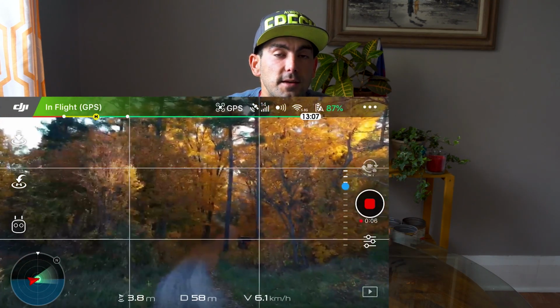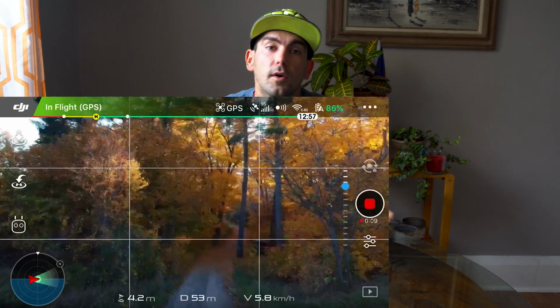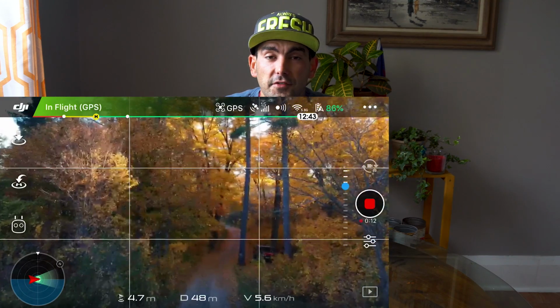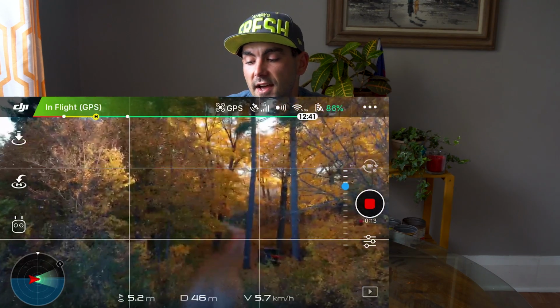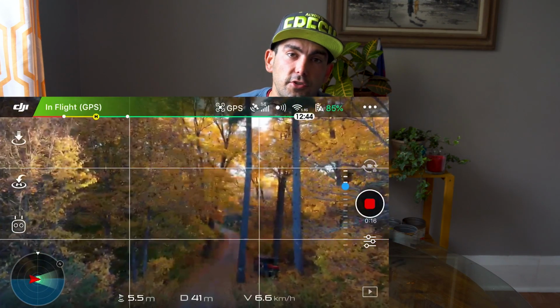Luckily, all 3 of those times I could see where it was, and I just flew it back home. So it wasn't a big deal, which is great. There are a couple of other downsides to that, as well as the kind of shorter range. Just to finish on the range thing,